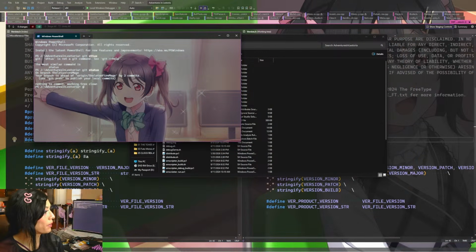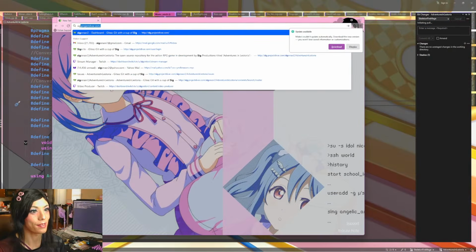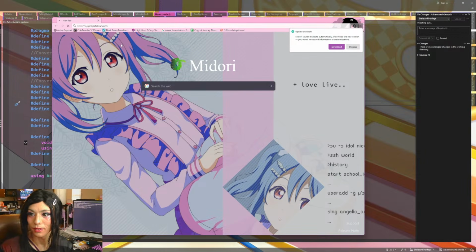Okay, but we have 2 commits. Git push. Probably the push didn't happen, right? Looks like it's just stuck. Is my server dead? I hope my server isn't dead. Oh, maybe my server's dead. Well, that's no fun.